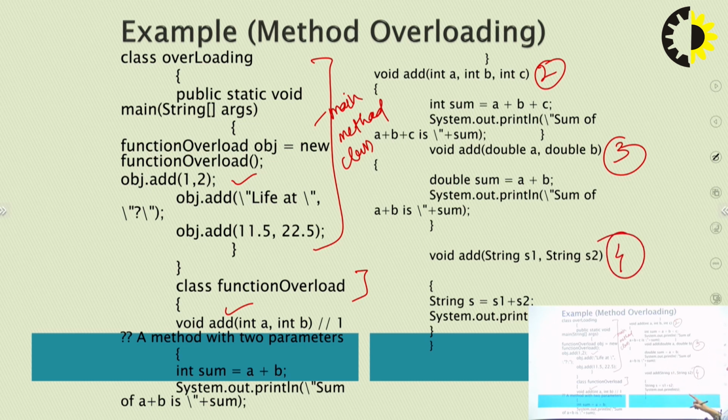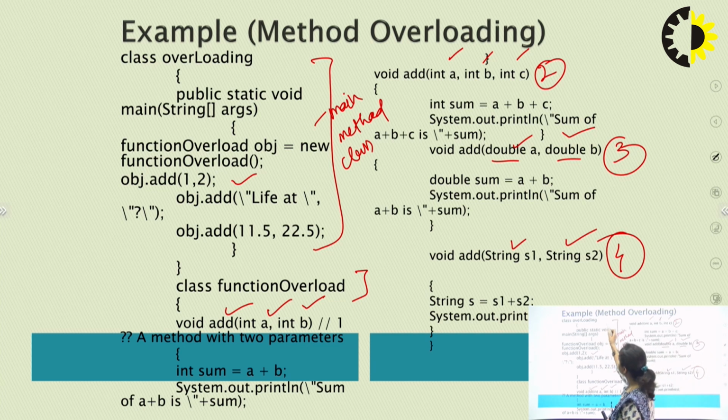Yes, 4 times we are overloading the function add with different bodies. Here the add has 2 parameters a and b. The second one has 3 parameters a, b and c. The third one has 2 parameters a and b, but with a different data type, double. And the fourth one again has 2 parameters but of type string. So this add function is not only used for adding the 2 operands a and b, but in this particular example it is also used for concatenating strings. So 2 functionalities of the same function.